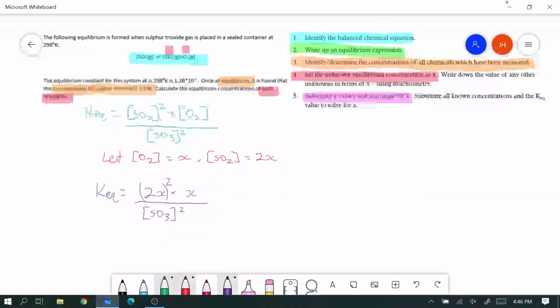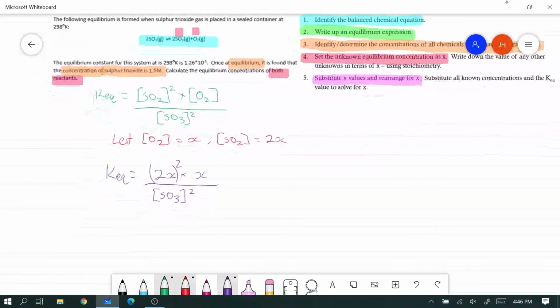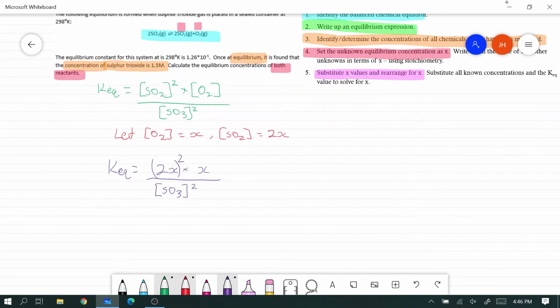What we can now do is rearrange and solve for X. That's one of the last parts in this step. So what I'm going to do first is just put all of these X terms together in the first step. So KEQ is equal to, so when we square 2X, both of those parts need to be squared. That's going to turn into 4X squared. That's just some index laws that we should be familiar with from math already. We're going to multiply all of that by X and divide by the concentration of our sulfur trioxide